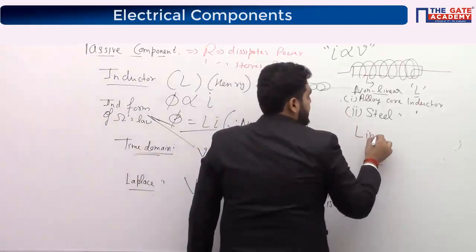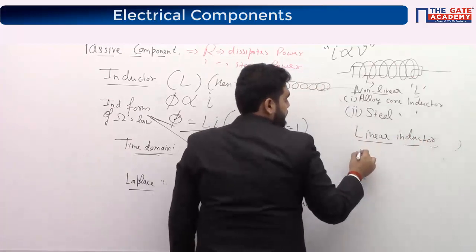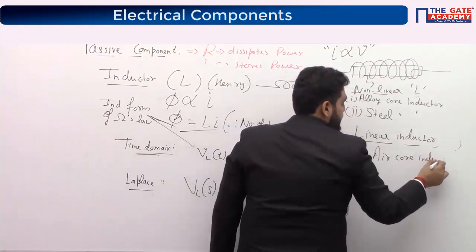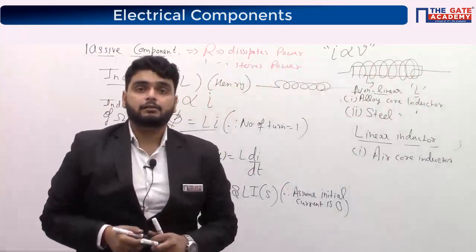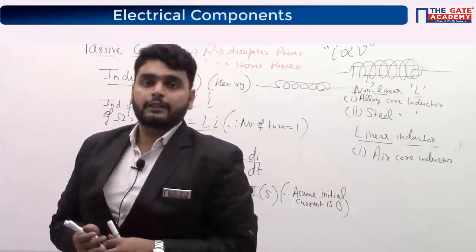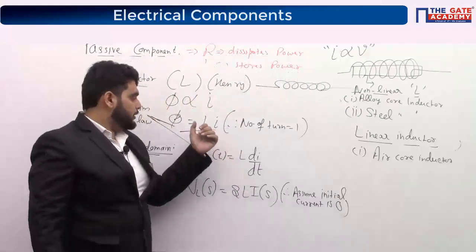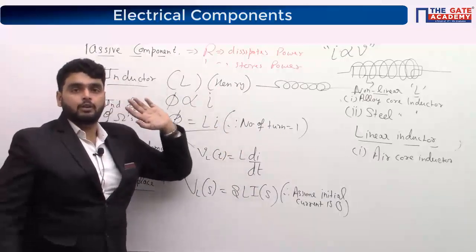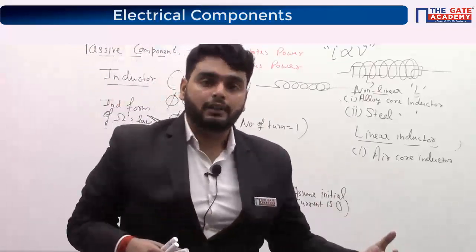In the case of a linear inductor, we have the air core inductor, which means if there is a vacuum inside here, then it will be a linear inductor. That's why the linear inductor in practical cases is not so useful. Whenever you see the practical case, there must be a non-linear inductor in which flux is not directly proportional to current. It is proportional to some power of current. Okay? But again, without the knowledge of linear, you cannot create the non-linear inductor.